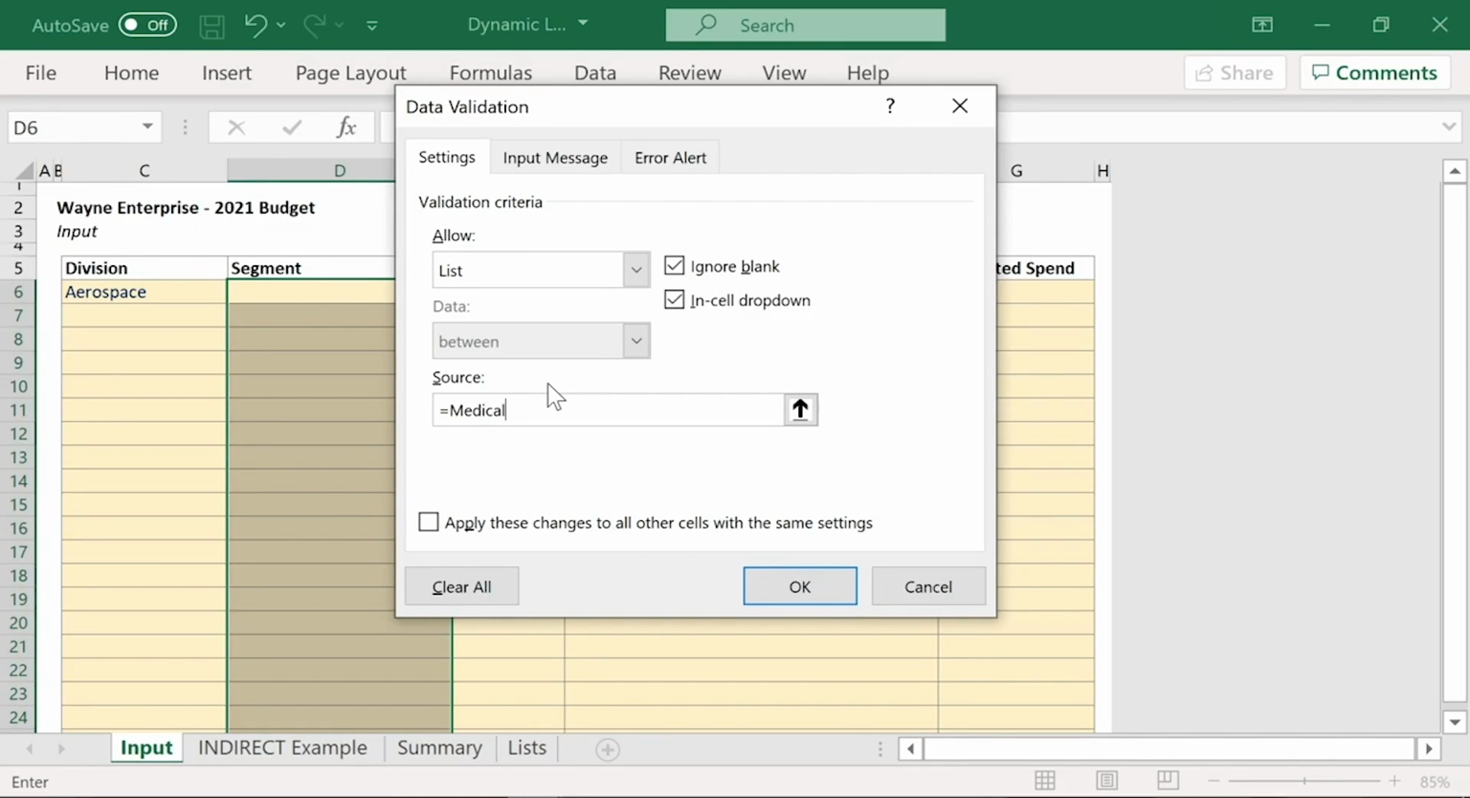Well, remember, we have a list called aerospace, and named ranges are essentially cell references. So if we use the indirect function, we can take the aerospace text string and tell Excel to treat it like a cell reference, which in this case is a named range that contains the list we want Excel to use for this drop-down menu. So clear what we currently have in the source field, and then type equals indirect